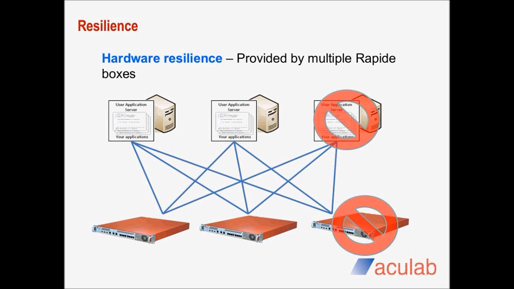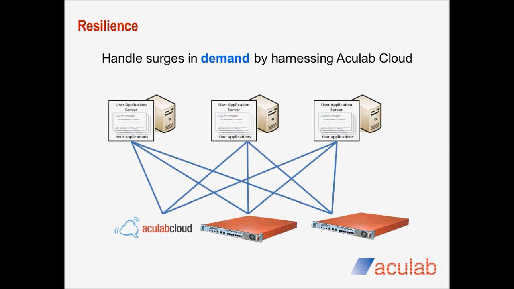Now, many of you have probably hit this problem where you buy a box with a fixed number of resources. Let's, for argument's sake, say 500 resources. You deploy that, and for 11 months of the year, those 500 resources are more than enough for handling calls. Now, for the month of December, let's say, there are a lot more calls coming in. So instead of 500, you now have 510, 520. For that extra 10 or 20, only for one month, it doesn't really make sense to buy another box. So for that, our API set